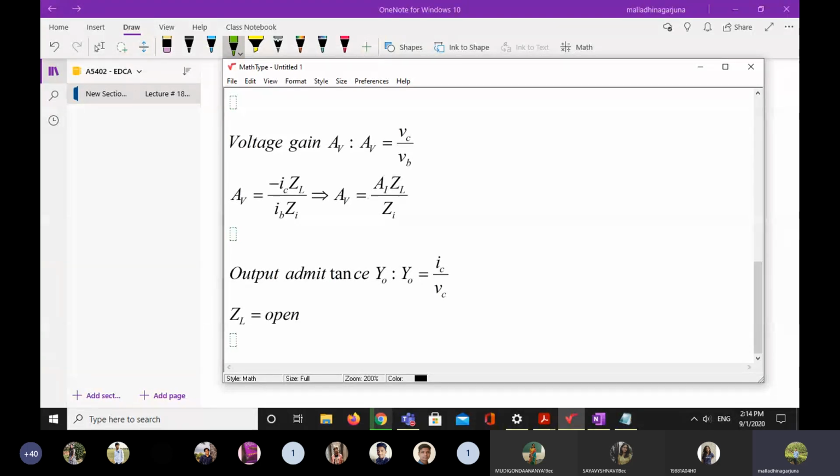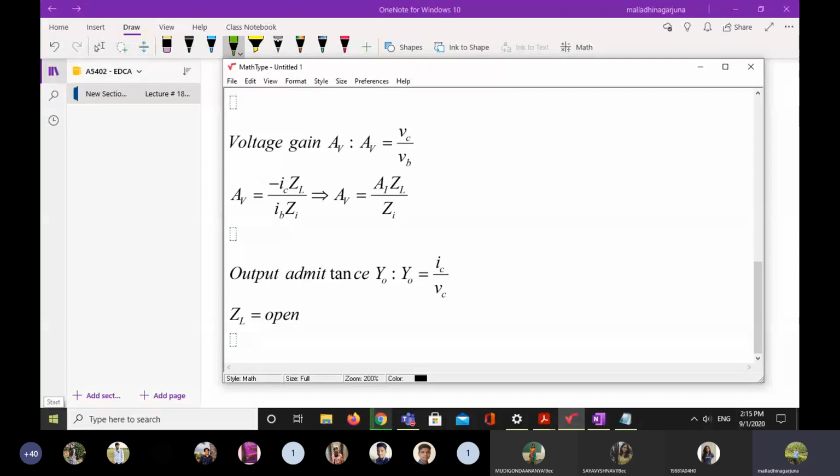So when you are calculating output admittance, you have to remember 2 points. First point is the load resistance should be disconnected from the circuit. Why? Because the output admittance that we are calculating is only for the CE amplifier, not taking that external resistor. Our load resistance is nothing but the external resistor. It should not disturb your output admittance. So if you take the load resistance into consideration, you may not calculate the exact output admittance of your CE amplifier. So for that, the load resistance should be disconnected from the CE amplifier.